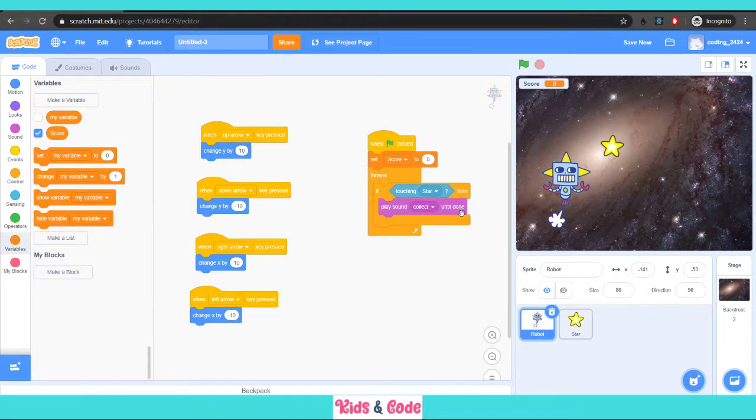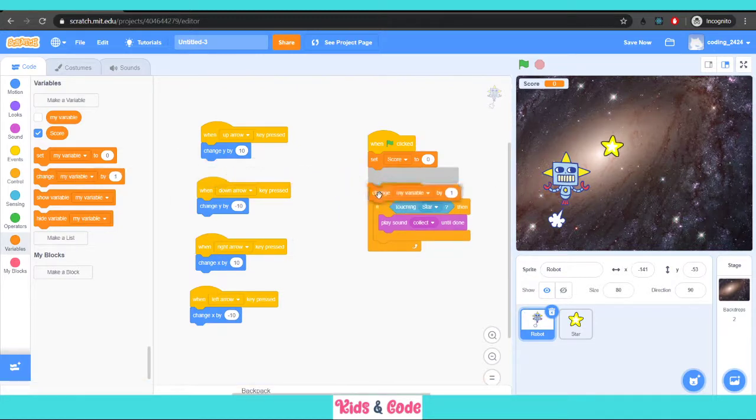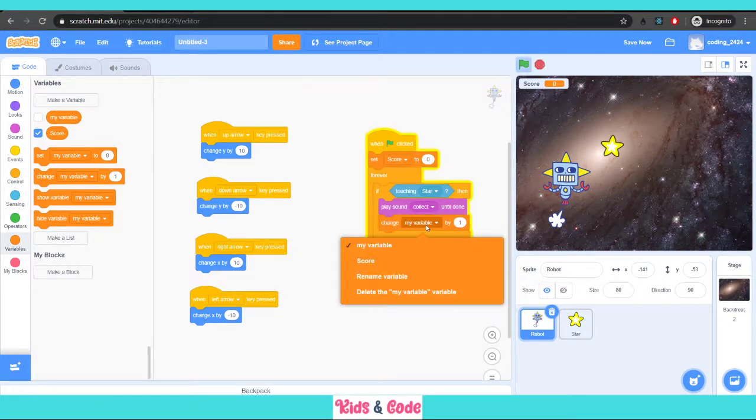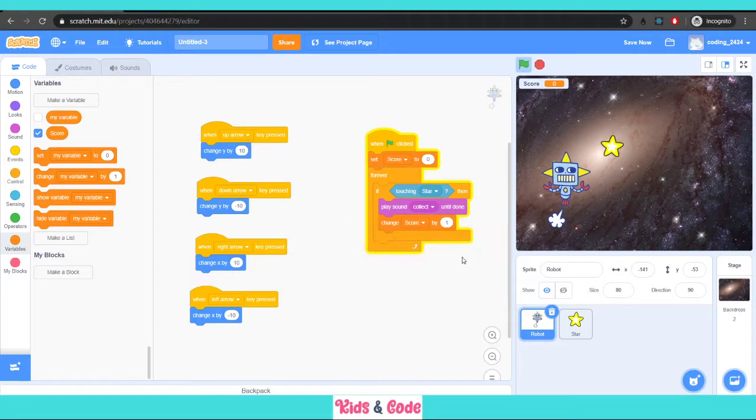And whenever this star is touched by our robot, we want to change its score also. So we'll say change my variable by 1 and place it here. Instead of my variable, we will have score, change score by 1. So whenever the green flag is now clicked, I'll see that my score is changing by 1.